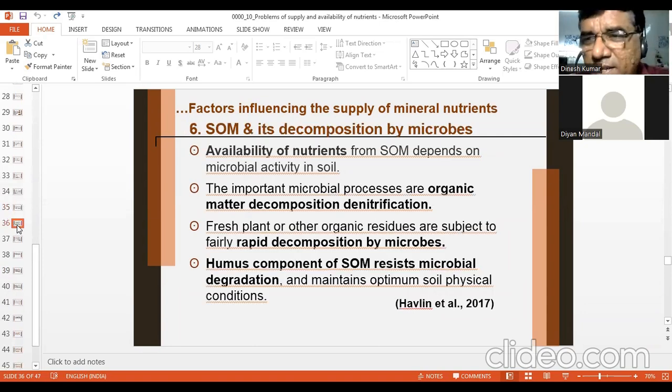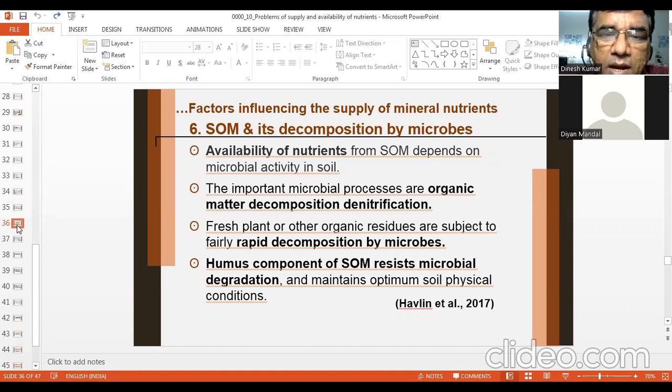Now, the next factor, the 6th factor that will affect the supply of nutrients, is your soil organic matter and its decomposition: the decomposition rate or speed of decomposition, or the quantity of organic matter that will be decomposed. So these conditions will affect the nutrient supply. Availability of nutrients from soil organic matter depends on microbial activity in soil. So factors that affect the microbial activity will affect the soil organic matter decomposition. The important microbial processes are organic matter decomposition and denitrification. These are 2 important